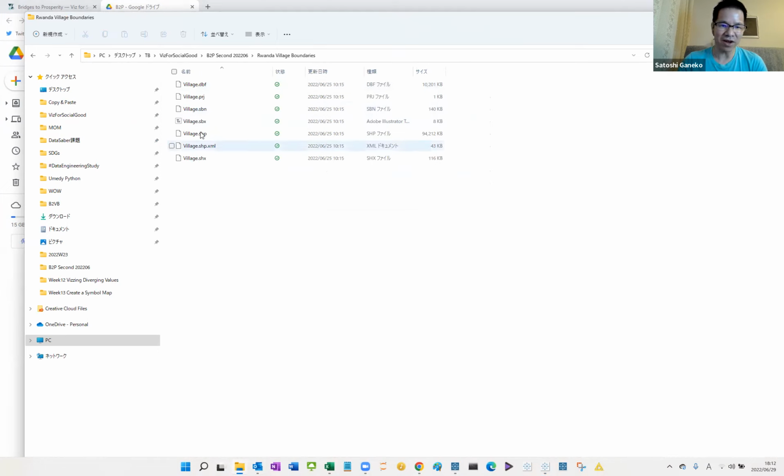This shapefile folder has many files, but you use only one file, the .shp file. This is the shapefile.